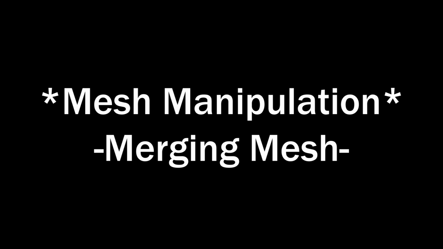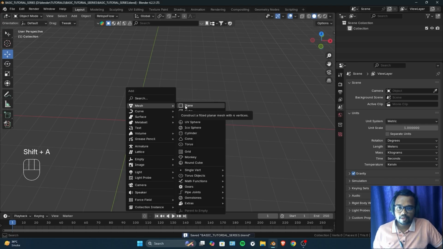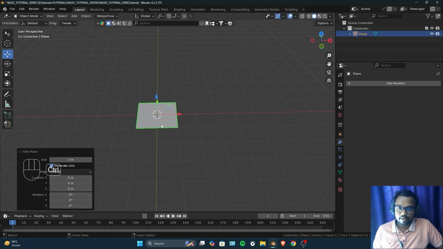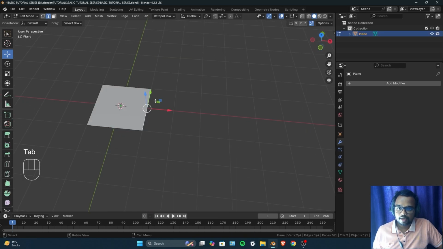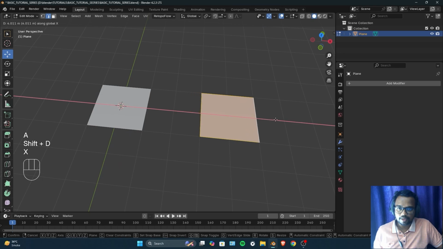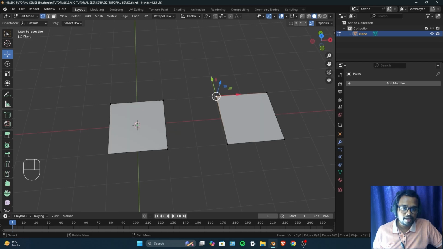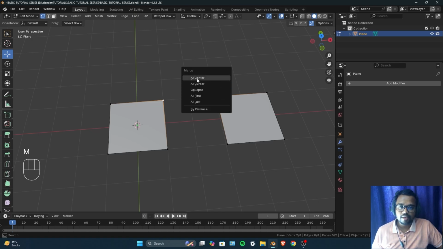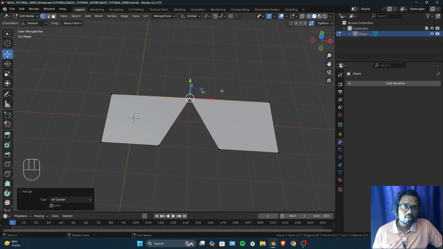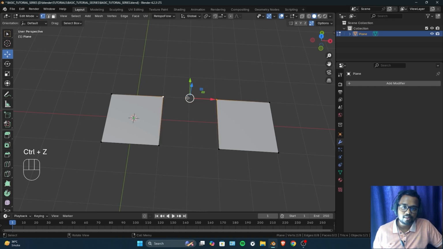Okay, now there is one more thing. If I add a plane and go into the edit mode, and now let me just duplicate this plane over here. Now let us say I want to merge this vertex over there. So how would I do that? One way of doing it is select that vertex, select this vertex, press M to open the merge panel. Now you can merge at the center. Both vertices got merged at their center. So over there,